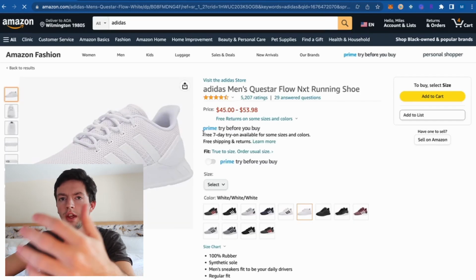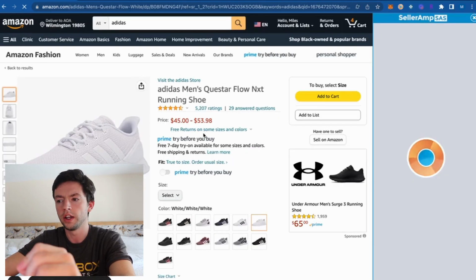Now we know that the other sellers on this product are going to have a similar business model to us, because they're definitely not getting Adidas wholesale. You probably need to have a brick and mortar store for over a decade to get a wholesale account with Adidas. So we know that the other sellers on this item are going to be pretty comparable to us in terms of their business model and what products they're selling. So we can probably take a page out of their book, because if we can see someone has a lot of reviews, we know that they're pretty smart. We can actually use SellerAMP and Keepa to find profitable products and look inside their storefront